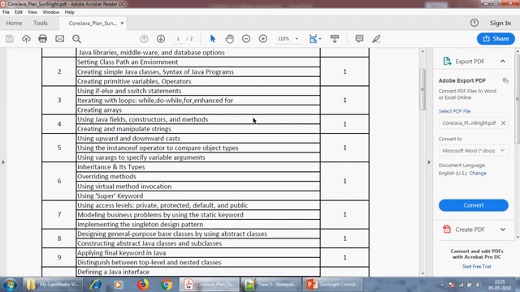Right, moving ahead, we'll be dealing with upward and downward typecasting. That means how to convert one data type into another data type, and what the shortcomings of typecasting are, what data can be converted into a certain type, what data cannot be converted into a certain type, what the advantages and disadvantages of converting a type into another type are. All this will be discussed in this particular fifth hour.